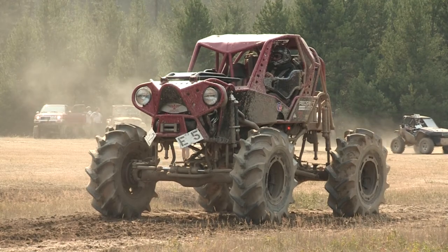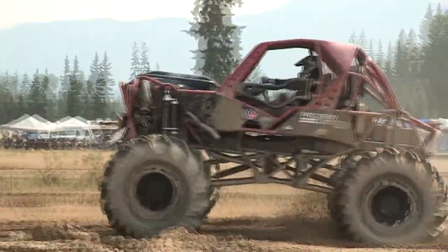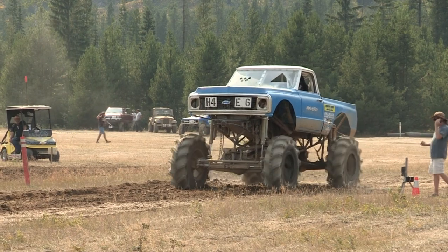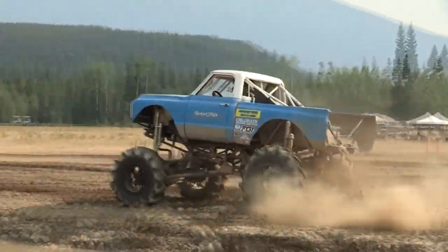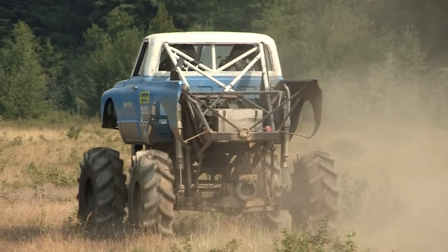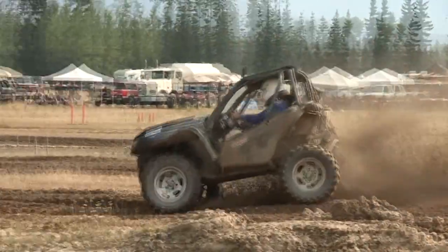Let's see to get this thing up to the 95. Let her rip, Matt. Let her rip. Oh yeah, just landed like nothing. Good job for Liana Davies. Oh yeah,